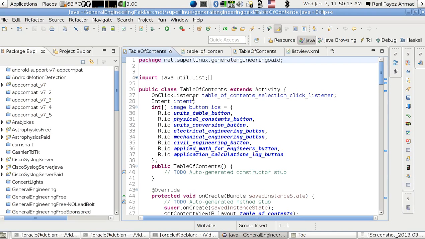This is a two-episode series about how to create a table of contents in your Android app. In the first episode I'm going to talk about using buttons, and the second episode will be talking about using list activity. Okay, now let's start with the